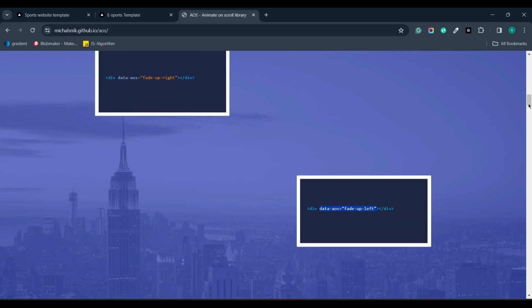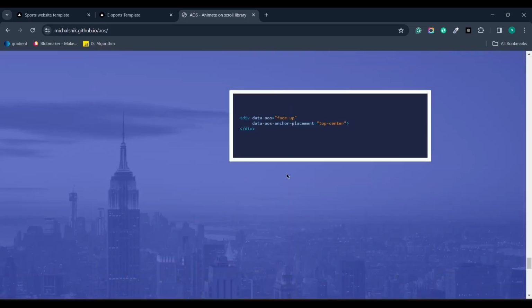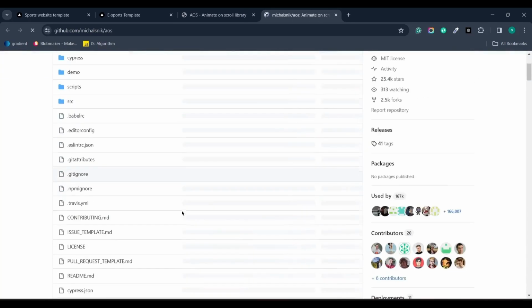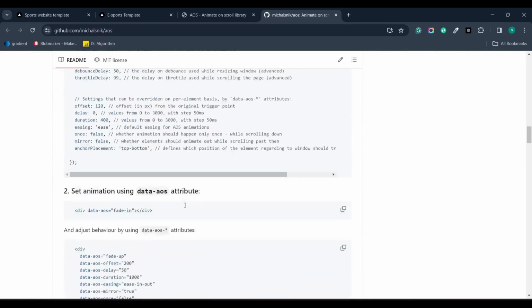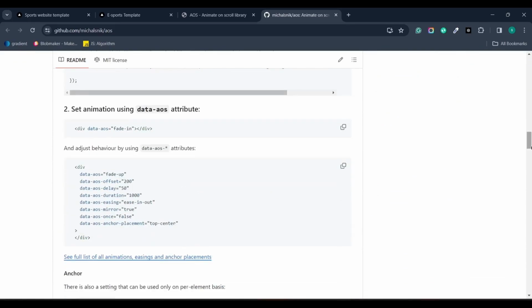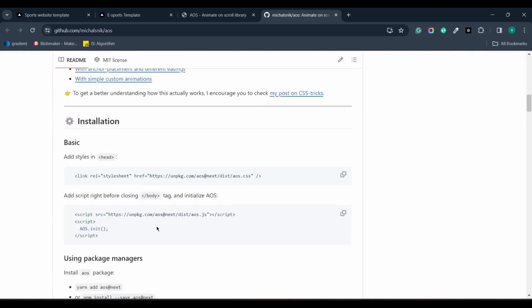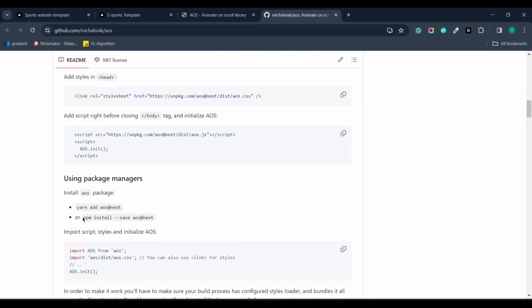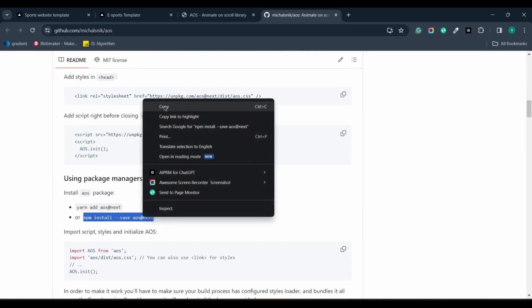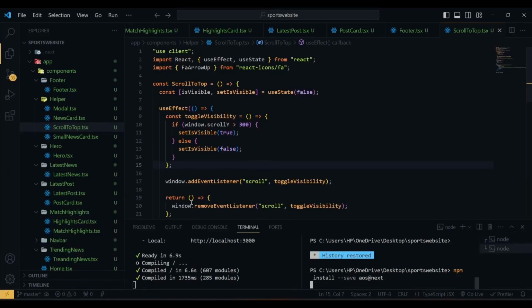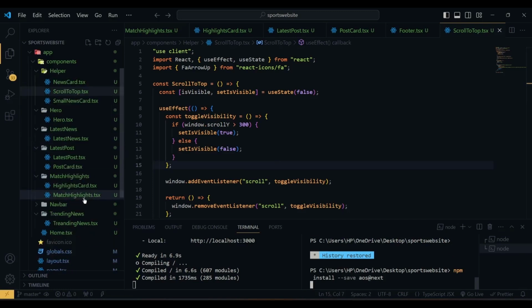We also have some customization. So here you can see we have some customized anchor placement and all the good stuff. So if I go to the GitHub page, here you can learn more about this library if you want to dive deep in this library. So I'm going to copy the npm script to install the package. So I'm going to copy this and here I'm going to paste it, and we're going to set up our AOS in our